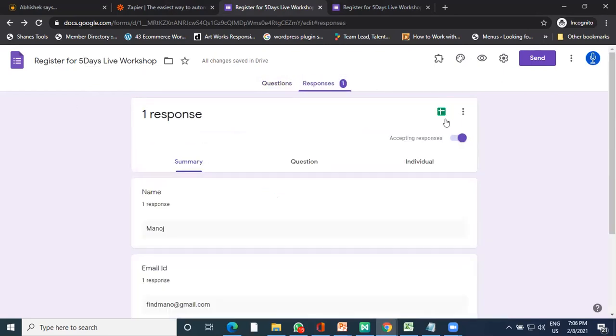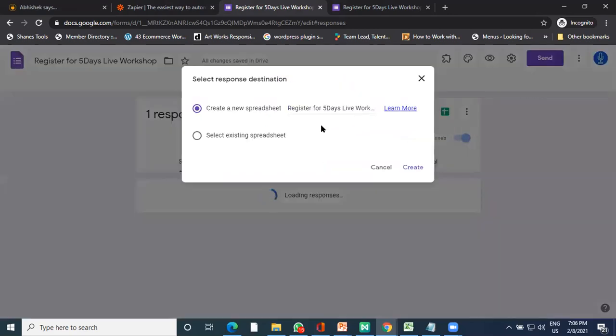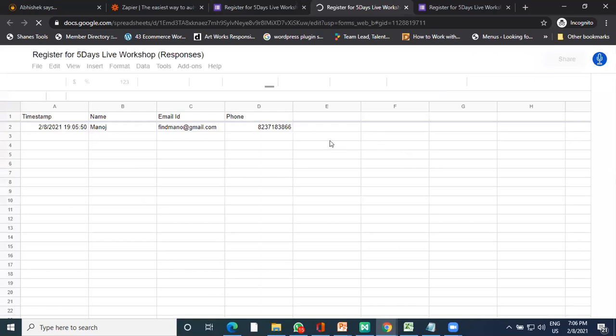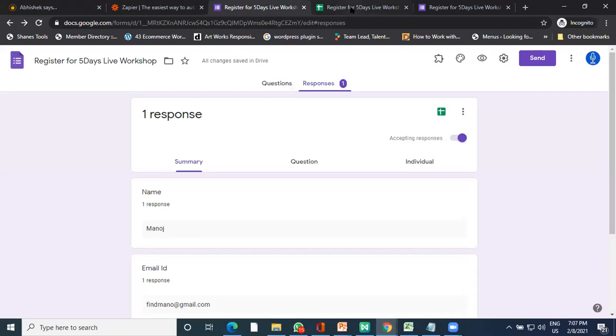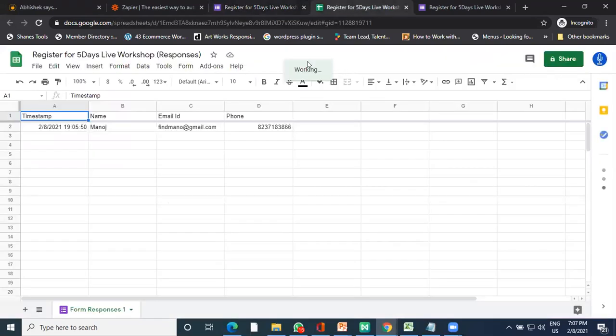Okay. And in this response, you have the spreadsheet over here, Google spreadsheet. If you click on the spreadsheet, it will show you the details which are there, or I can say create spreadsheet. So with this name, I'm just creating a spreadsheet and I click on create. It automatically creates a spreadsheet on Google. That's a Google form, and it shows the recorded detail. Now, till here, we have done it on Google Form. So we have created a form on Google. We have created a spreadsheet on Google. Okay, now what we want to do is integrate Google Forms with your Gmail.